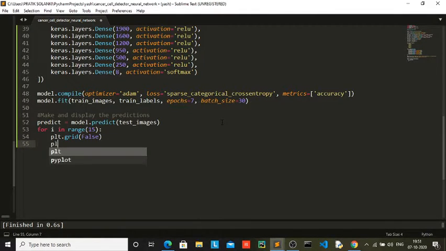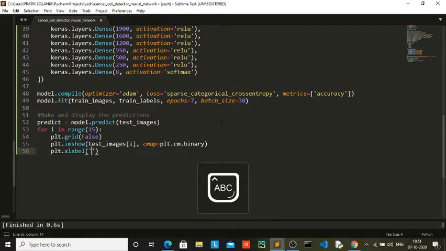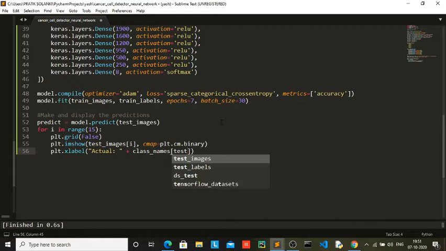You want to do plt dot imshow test underscore images at the ith index, and the cmap as plt.cm.binary, and we also want to do plt.xlabel as actual, which will be equal to the class names test labels of the ith index,